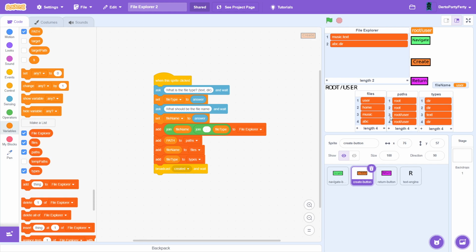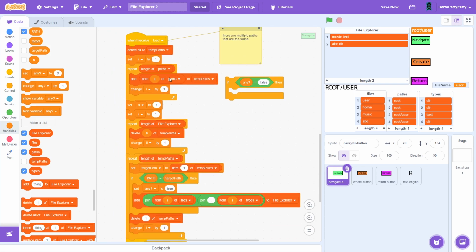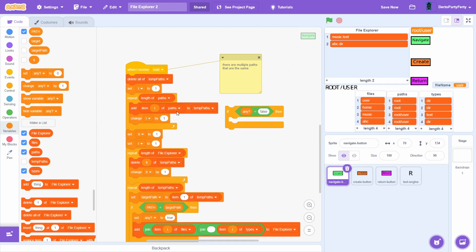It will add every path item firstly to this list, 10 paths, and then it will delete all of File Explorer, like all 10 paths of this. So it will firstly delete